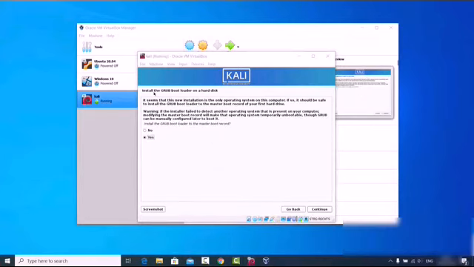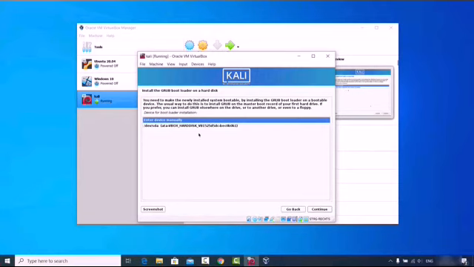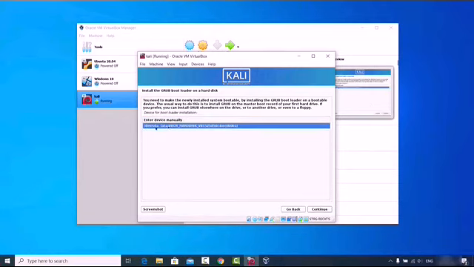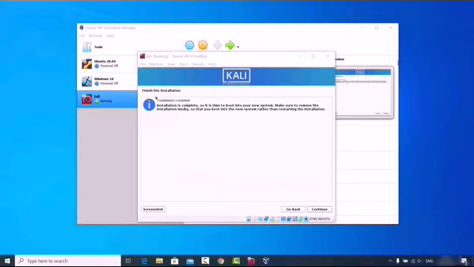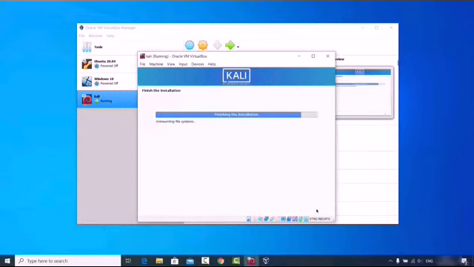Now I can see this window which says install the GRUB bootloader on the hard disk. I will just select yes and then click on continue. And then I will select the second option here, which is /dev/sda, and then click on continue. And at last I can see this message which says finish the installation. Installation is complete. So it is time to boot into the new system. Make sure to remove the installation media so that you can boot into the new system rather than restarting the installation. So I'm going to just click on continue here.